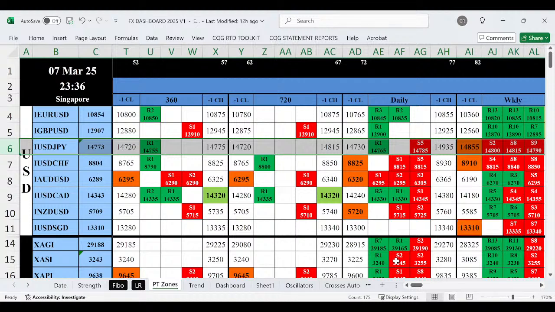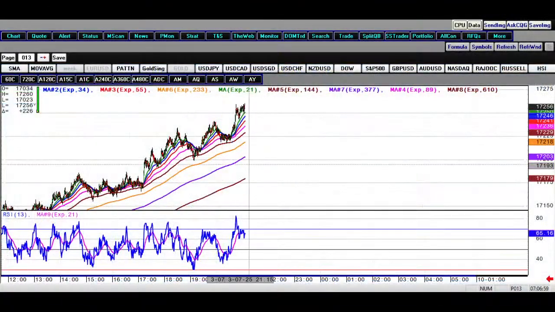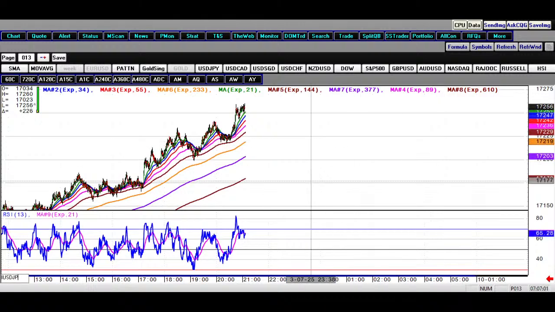out, if the data is weak, then we might get a spike down on the yen, and if the data is strong, then we might get a spike up. Okay, so the spike up I think should be limited to 148.55, which is your previous week low. So what we are going to do is,